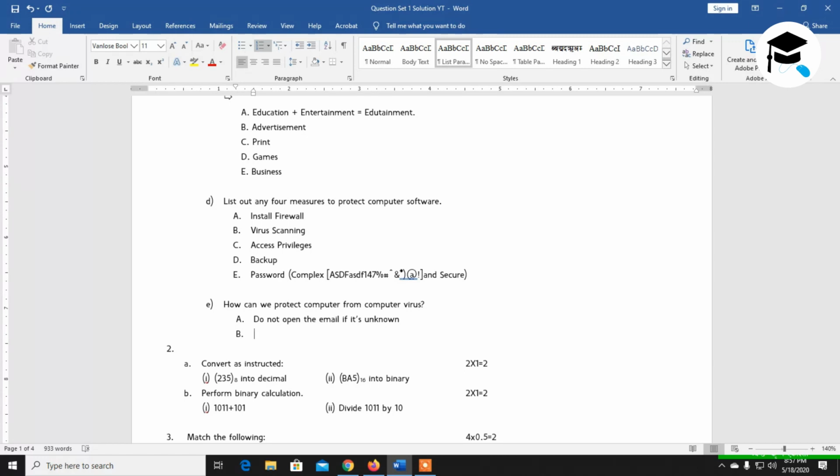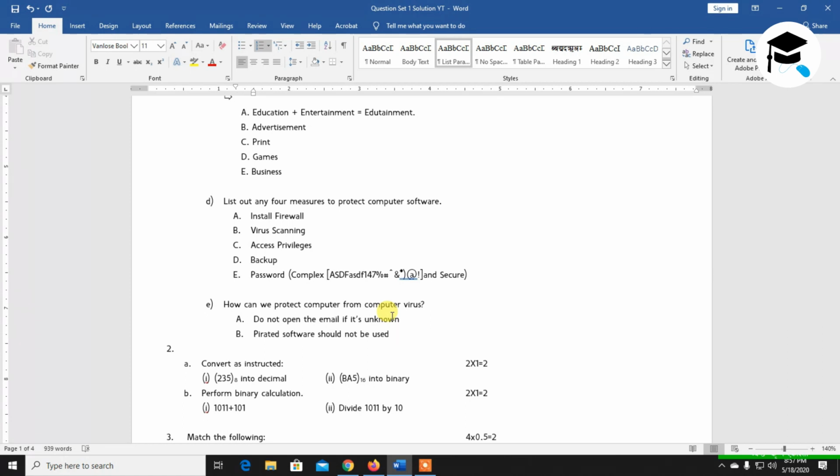Similarly, you are not allowed to use pirated software. Pirated software should not be used. Why? Because if it is pirated, the company cannot get the profit, they cannot develop their company. And similarly, if someone has cracked the software and you are using it, it means they might have inserted a virus, they might take the data from your computer, they might do anything. Okay, so you need to be safe from it. Pirated software should not be used.